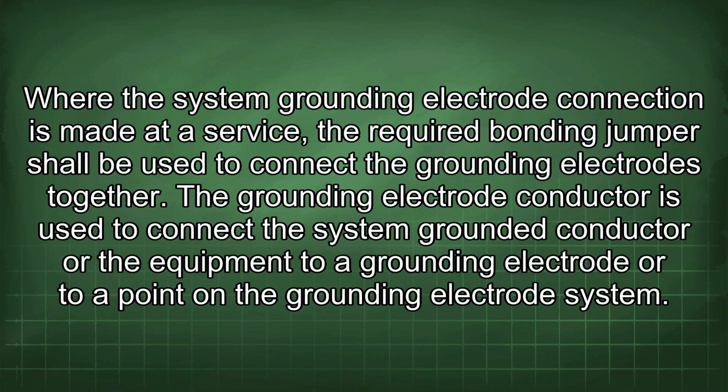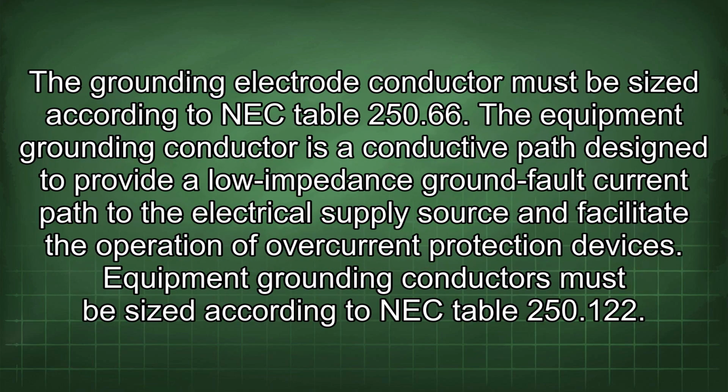Where the system grounding electrode connection is made at the service, the required bonding jumper shall be used to connect the grounding electrodes together. The grounding electrode conductor is used to connect the system grounded conductor or the equipment to a grounding electrode or to a point in the grounding electrode system. The grounding electrode conductor must be sized according to NEC Table 250.66. The equipment grounding conductor is a conductive path designed to provide a low impedance ground fault current path to the electrical supply source and facilitate the operation of overcurrent protection devices. Equipment grounding conductors must be sized according to NEC Table